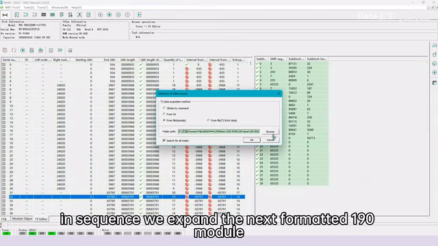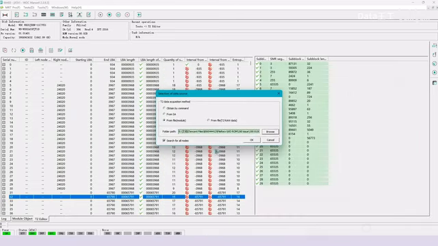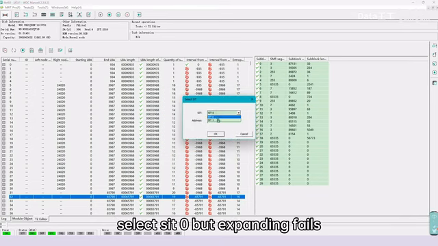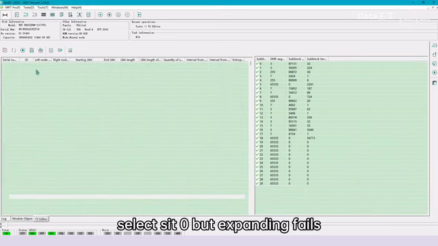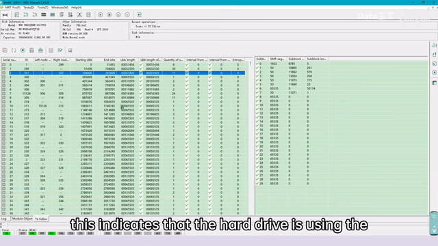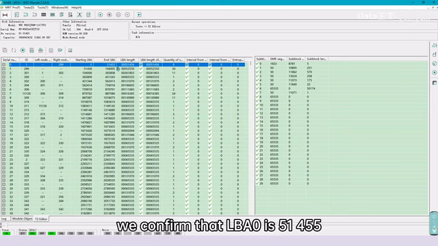In sequence, we expand the next formatted 190 module. Here, there are multiple markers. Select Site0, but expanding fails. Select Site1, and we can find many entries. This indicates that the hard drive is using the entries where Site1 is located. We confirm that LBA0 is